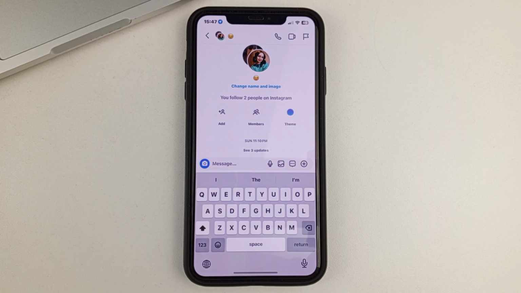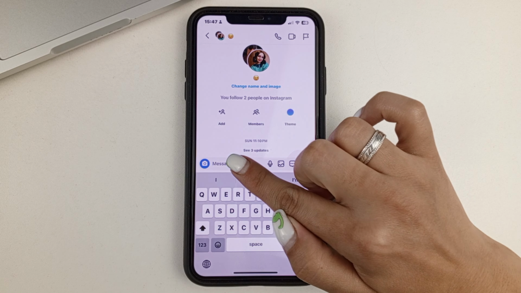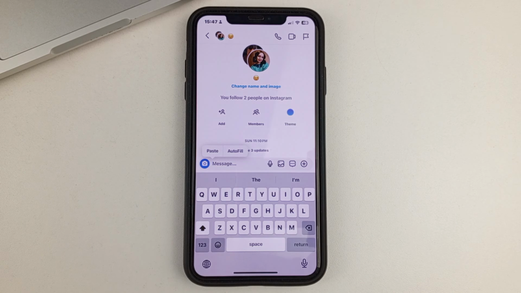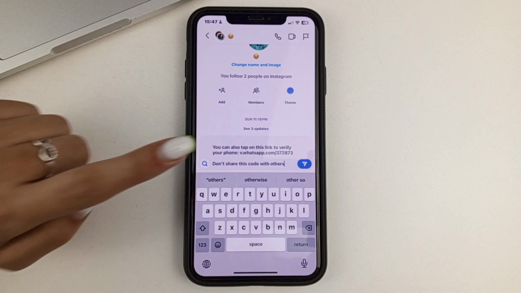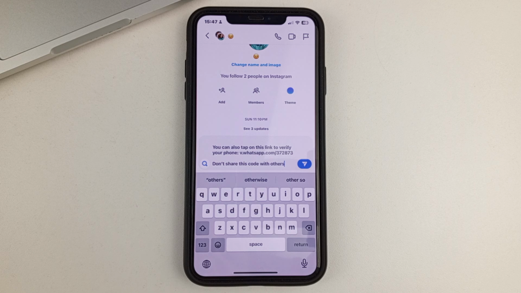In order to send it, I'm going to do it through Instagram. Let's say you go to the correspondence and in the line for the message, click and hold until you see the word Insert. You click on it and, as you can see, the message is inserted. Now you can send it.